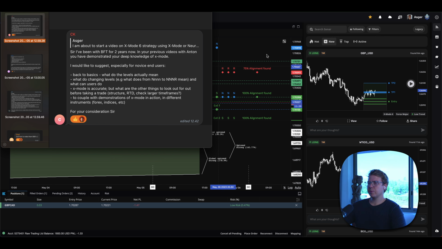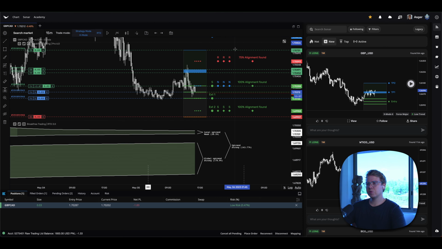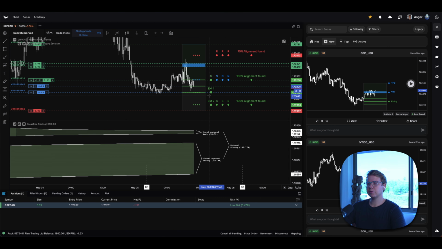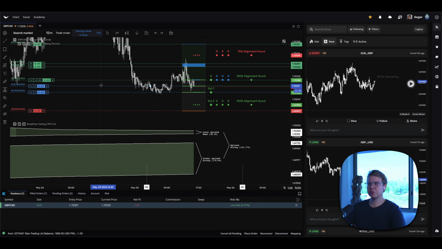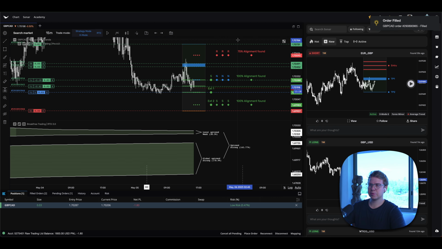So what else to look out for? Well, there's really not that much else to look out for. Your job is to make sure that you're placing these trades and to make sure that you're not overexposed on multiple markets at the same time. So if I'm long on GBP CAD here now, we don't want to necessarily get more GBP exposure or CAD exposure